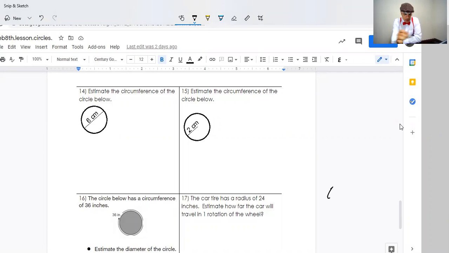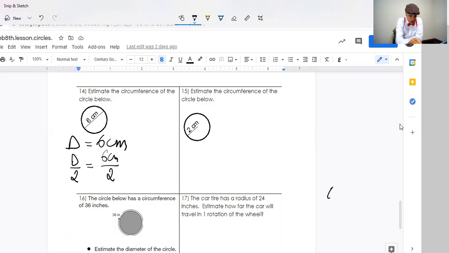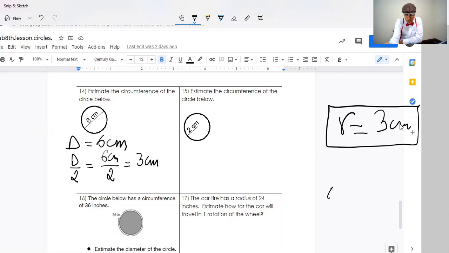And the diameter, the line that cuts that circle in half, so D is 6 centimeters, which means the radius, you take the diameter and divide it by 2 to get the radius. So 6 centimeters divided by 2 gives you 3 centimeters. With circles, if you know the radius or the diameter, either or, if you know the radius, you could do everything you need to do with circles, okay? So here,